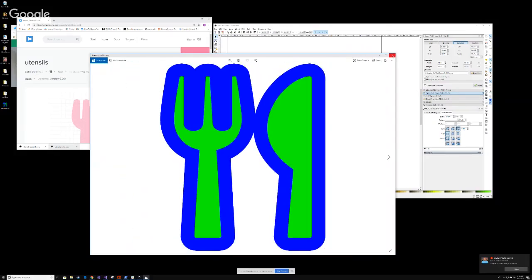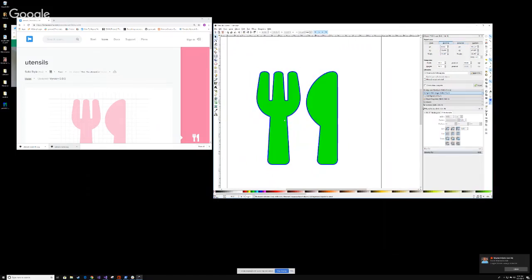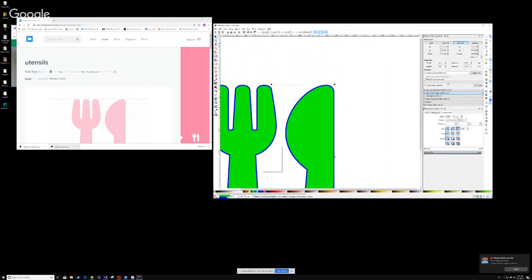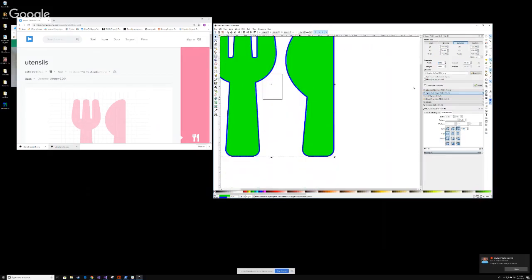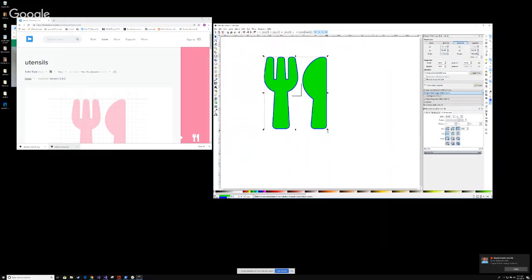Okay. So with SVG files, it's way easier to do than dealing with actual bit images, because like I said, it's scalable. So you want it to be this big, and you can export it as, this is huge, right? Or you can export it as really tiny. Like I said, it takes a couple of minutes to get used to the UI, but